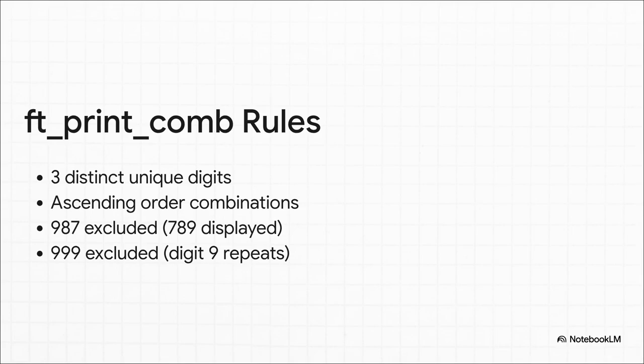You have to print 3 unique digits in ascending order. Now, what's really fascinating about these specific rules is how avoiding duplicate sets completely dictates the entire structure of our looping logic. Think about it. You can't print 987 because 789 already covers that exact combination of digits, and you can't print 999 because digits can't repeat, meaning your first digit can never be larger than your second, and your second can never be larger